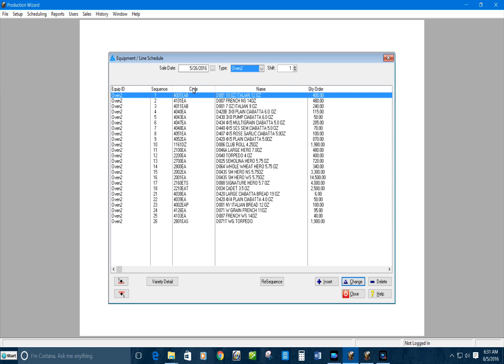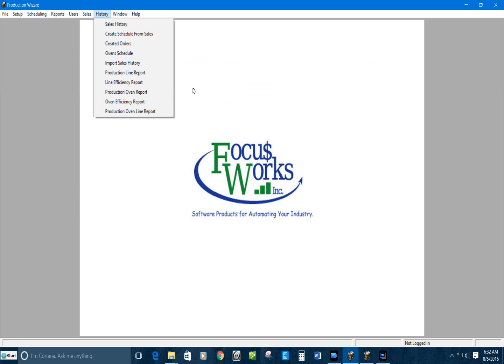And again, this can be manipulated at this point by somebody by changing the sequence, adding, deleting into this particular schedule. And then there's several reports that are associated with this. You have production line reports, a line efficiency, an oven report, and an oven efficiency report, and a production oven line report. All these are more typical to the actual